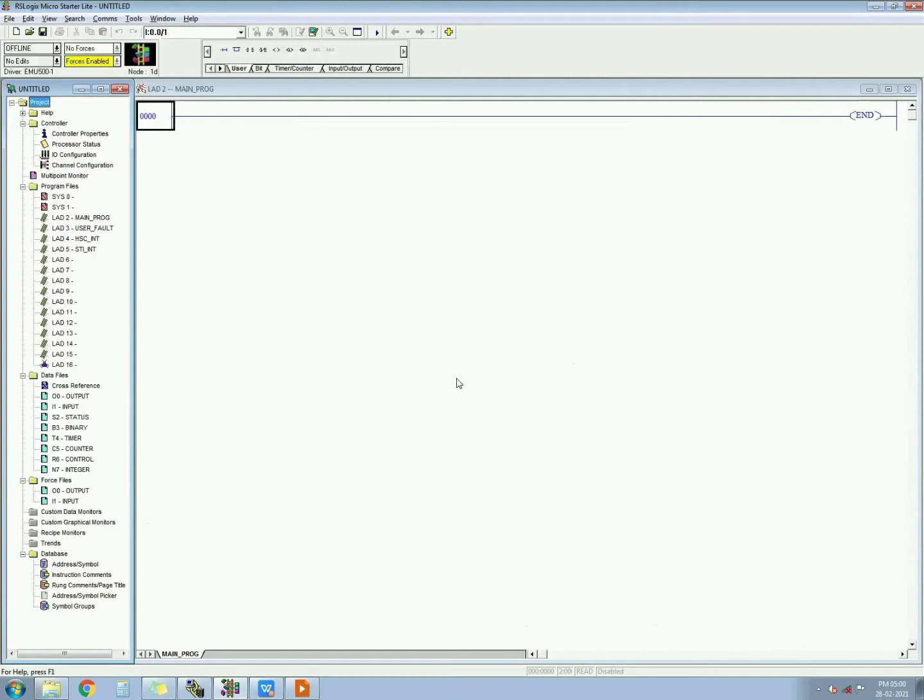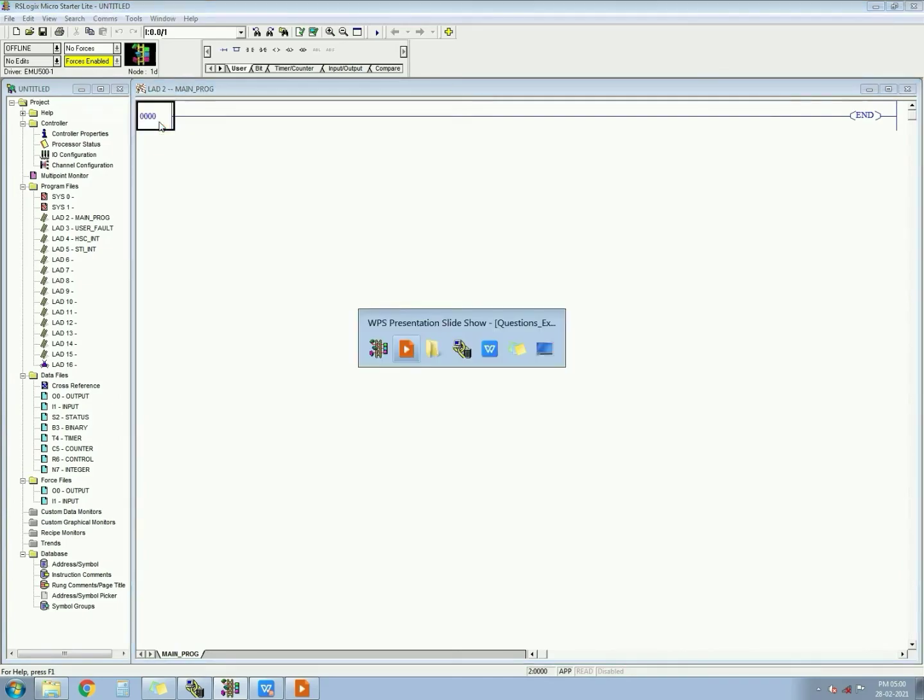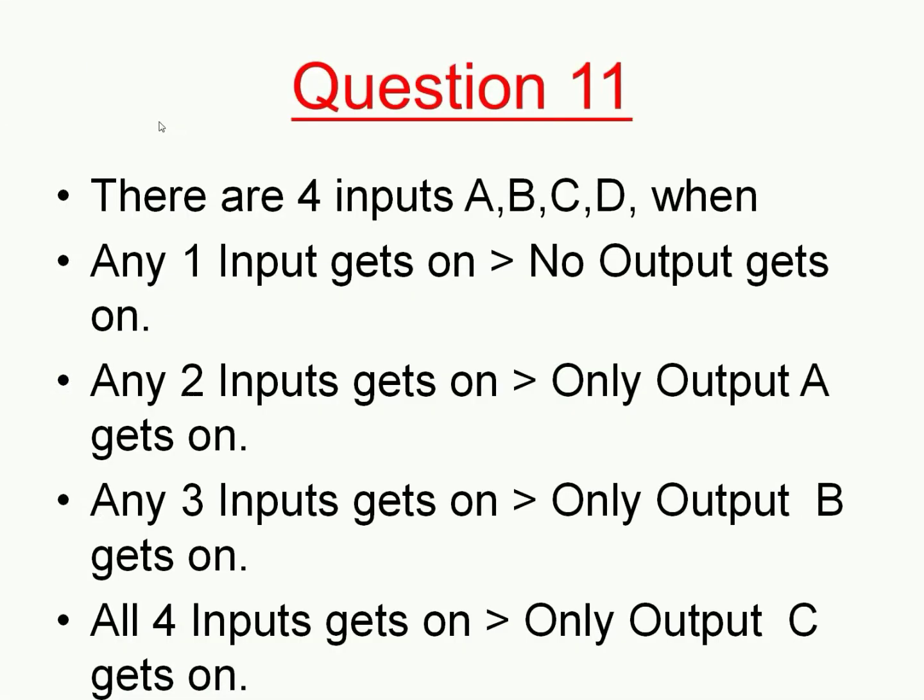Okay, so we'll start with the first part. There are 4 inputs A, B, C, D. When any one input gets on, no output gets on. So for any one input, no output should get on. For any 2 inputs, only output A gets on.